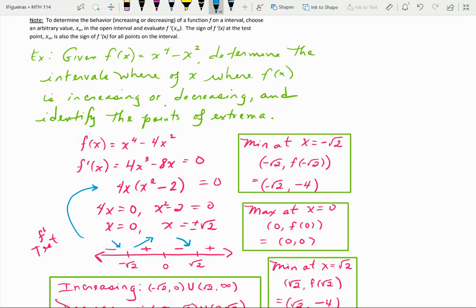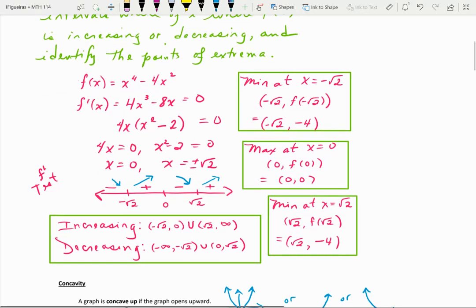And then pick something greater than √2, like 2. Plug that in. You get 2 positive results. So 2 positives make a positive. So it's increasing, right? So a summary of what we found in your first derivative is that it is increasing